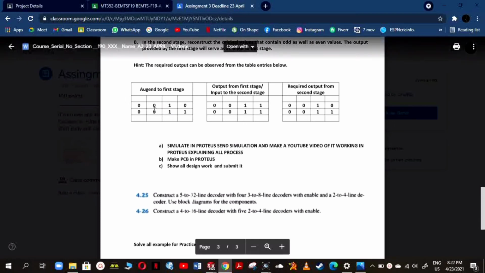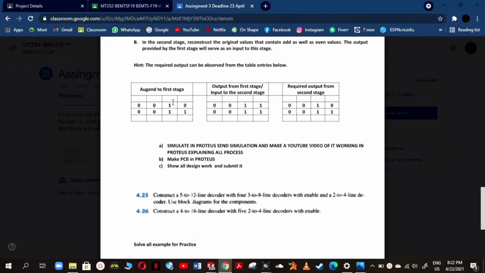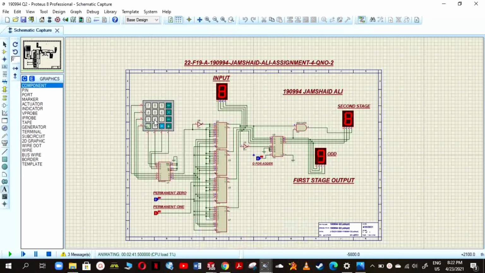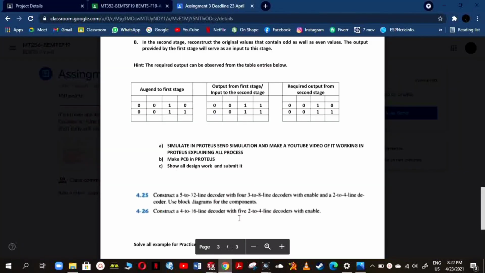If I apply 0 0 1 0, which means 2, it will display 3 on the first stage and 2 on the second stage. If I apply 2 on input, it will display 3 on output, which is 1 1, and display 2 on the second stage. So the first table is fulfilled.